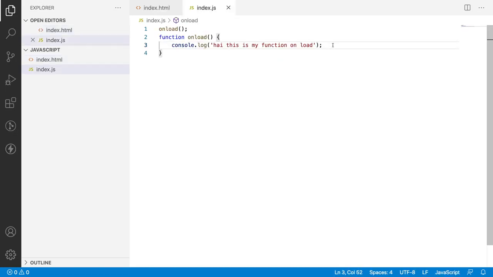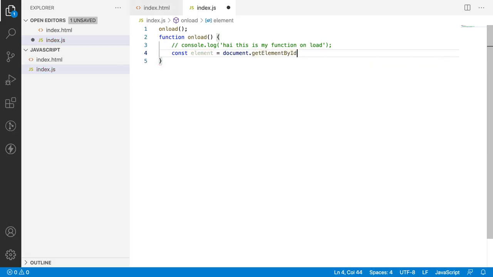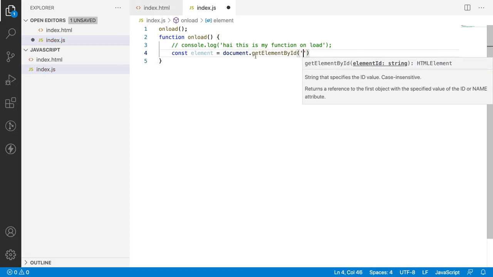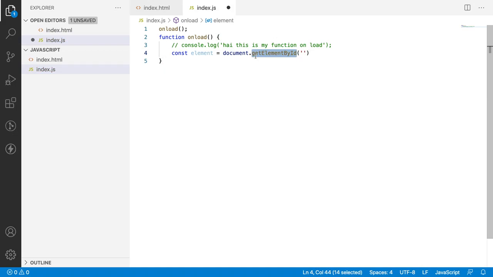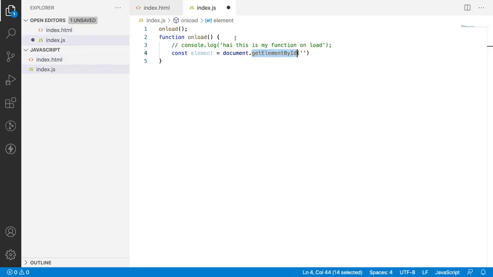To access it, let me comment this console.log and write const element equal to document.getElementById. There is a method on the document API called getElementById. And what is my id? The id is dynamicValueChange. Let me copy this and pass it inside getElementById, and add a semicolon.